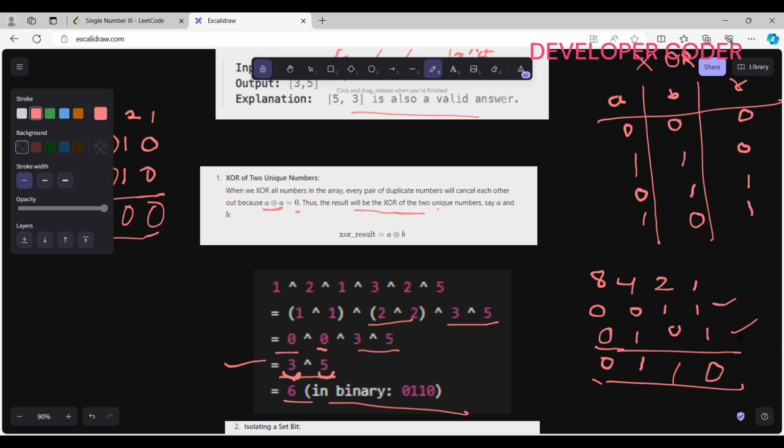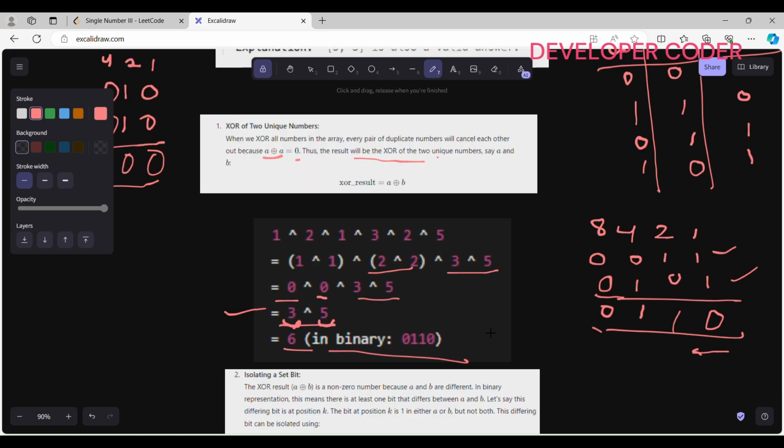Okay, so now let's find the rightmost set bit from this position. Okay, what is the first bit that is different? What is the first bit that is different? Okay, so here see,